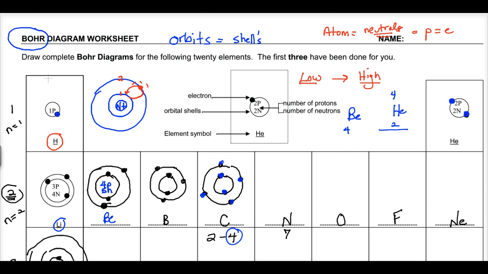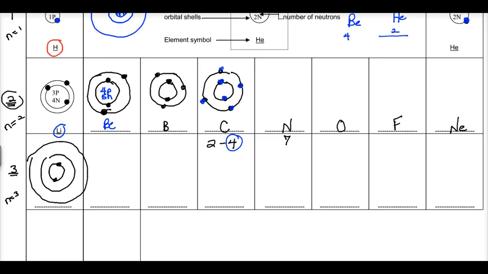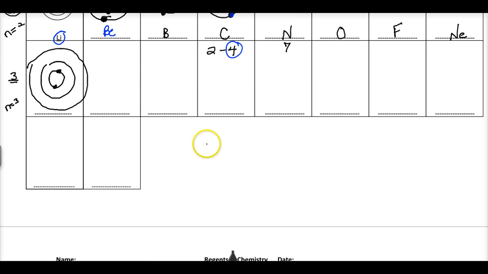Now, I want to give you 2 more definitions and I'm done. Okay? I want to give you something called valence electrons and core electrons. Valence electrons, okay, that should be an E there. I'm sorry, I'm bad. Okay, so I have valence electrons. And valence electrons are the outermost